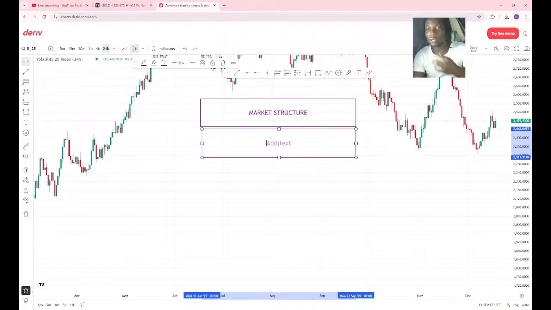First we talked about market structure. What is market structure? Market structure moves up, down, sideways. Market structure simply means when markets create structure, your swing highs and lows. Then we said we have three types in the frame: sideways, up, or down. Let me write that down. Sideways, up, then down.